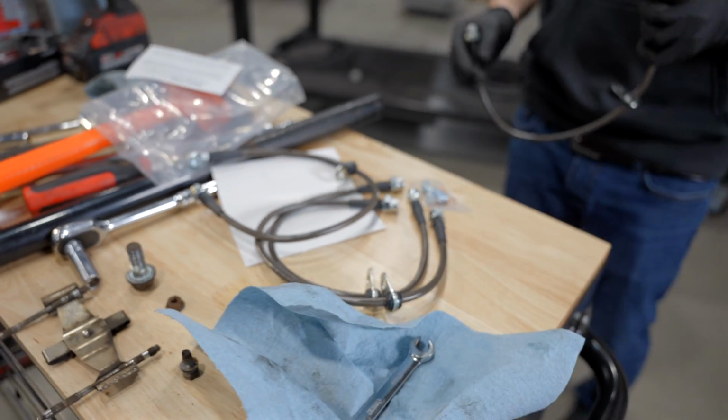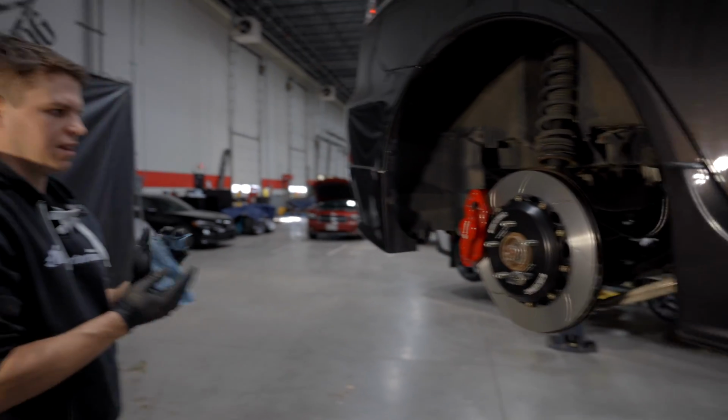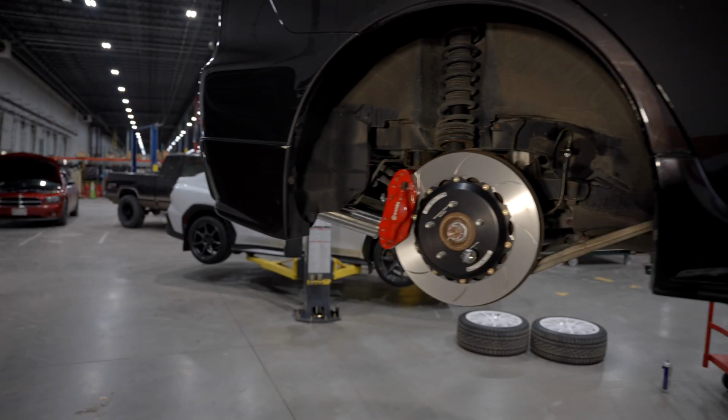GGs from AMS. Let me just say, these things are gorgeous. So not only will they work well, they look crazy. What more could you ask for? Well, sick. Now that we have all the parts themselves installed, as you see here,